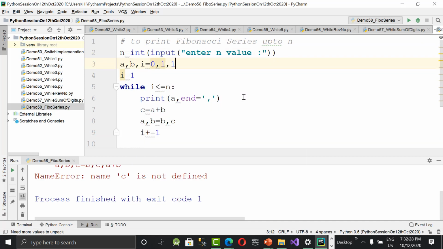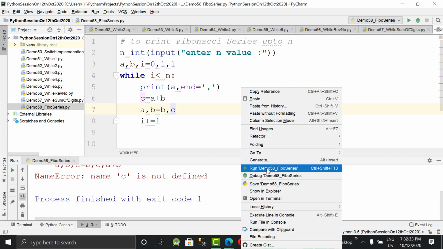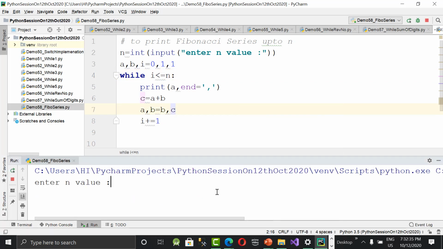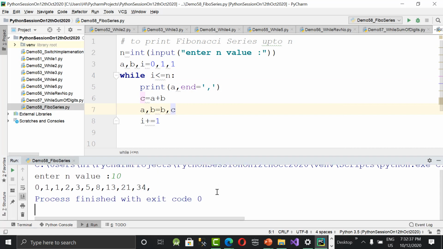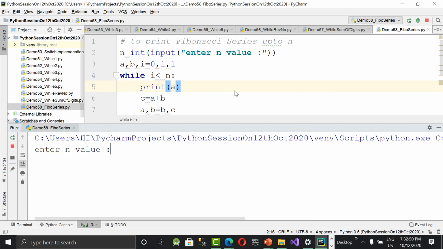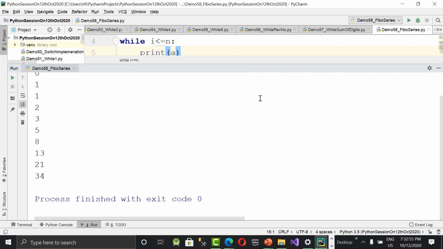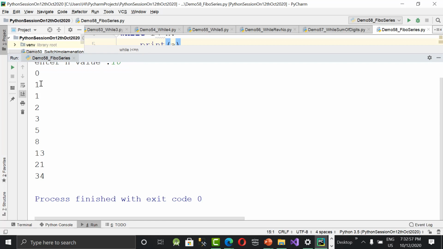You'll get vertical. So n value I set 10. See now 0, 1, 1, 1 plus 1, 2, 2 plus 1, 3, and so on. Got it? So like this, however many n iterations you want, you can give it. This is said to be the Fibonacci series, which is one of the most widely asked questions in interviews. But we can make it easier compared with C, C++, Java. If you check the C, C++, Java code for the Fibonacci series, it is definitely bigger than this. Of course, we can do it in a for loop also, no problem.